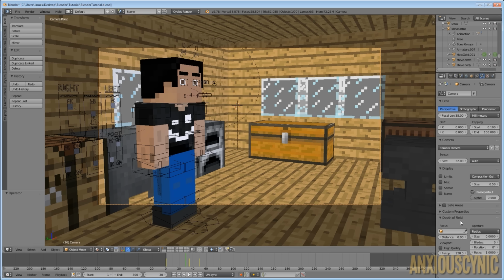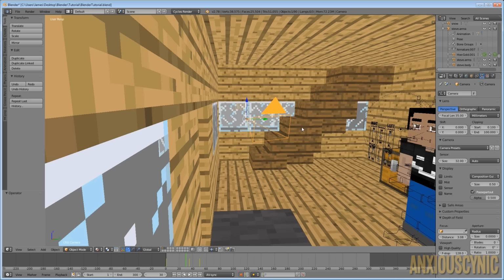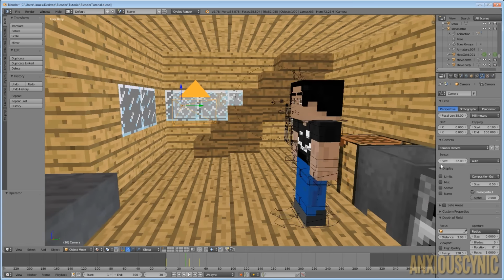Okay, so we want to turn on depth of field, and there's a couple of ways you can do this. I'll probably show the other way maybe in a future tutorial, but for now, we're just going to go with the basic way to do it, and that is you can use this distance setting here, and you can turn it up. And when we orbit out of the camera view here, let's get in here so we can see things a little bit, and you can turn on the display. I think you can turn on limits.